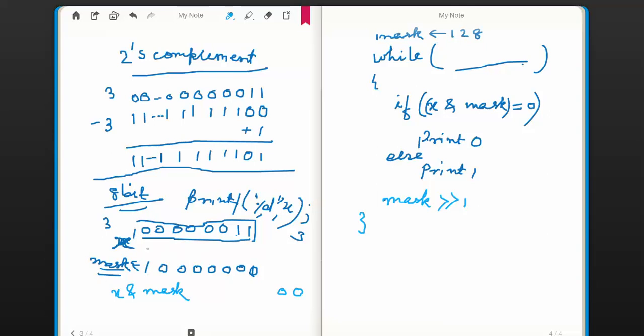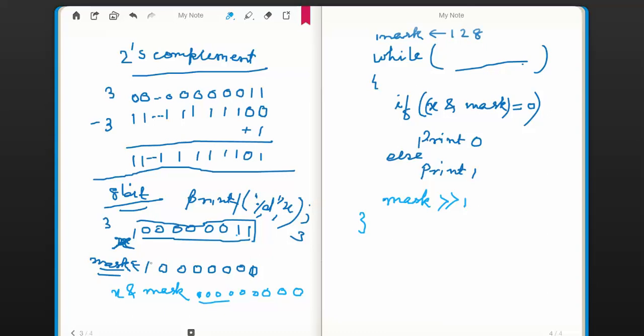So if we are ANDing it with the corresponding bit of the mask, then what we are going to get is 0. All bits of this operation would be 0. The result of this operation would be all zeros. So the value of all zeros is definitely 0. So this condition would get satisfied and a 0 would be printed on the console,